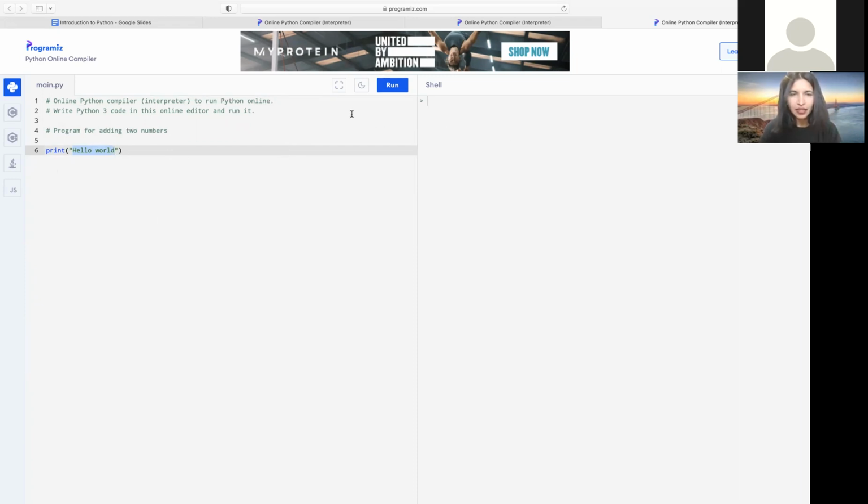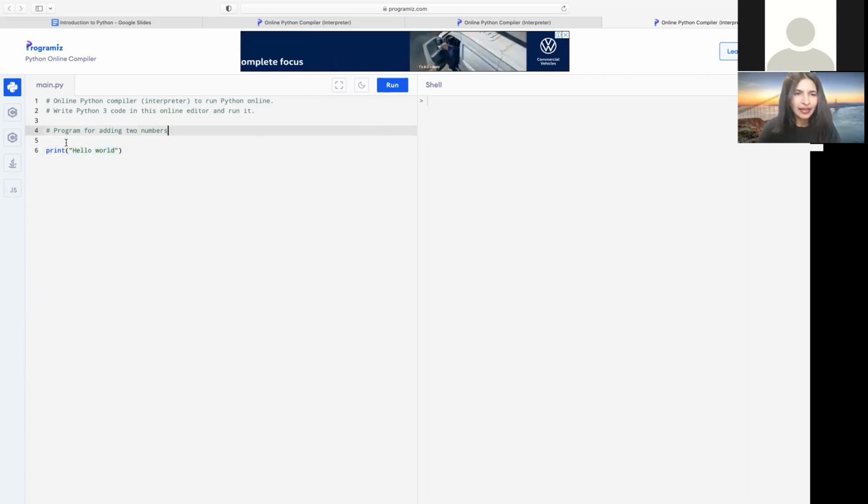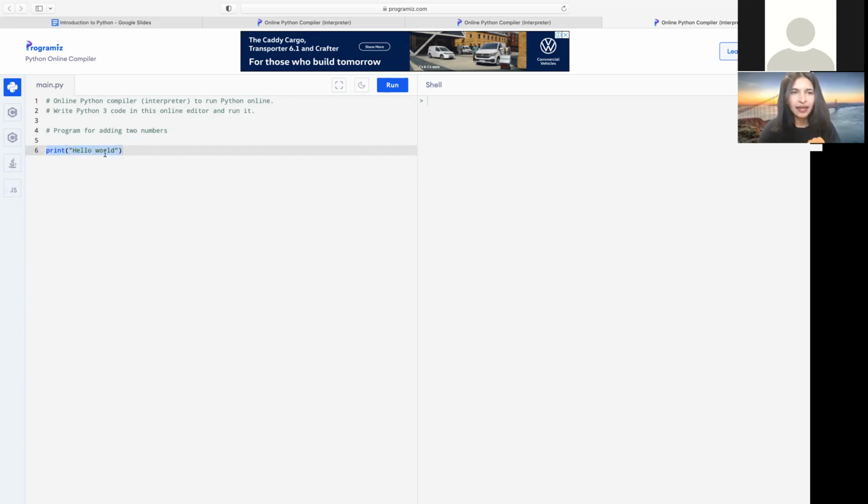The left part is all the code that we write using Python, and the right side of the screen is the output of the program. Now we just added a comment, which is just a note, so Python doesn't mind this line. But we have a statement which says print hello world.